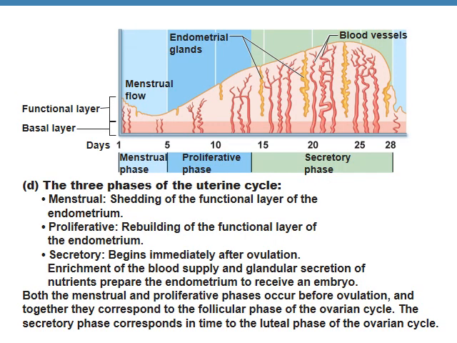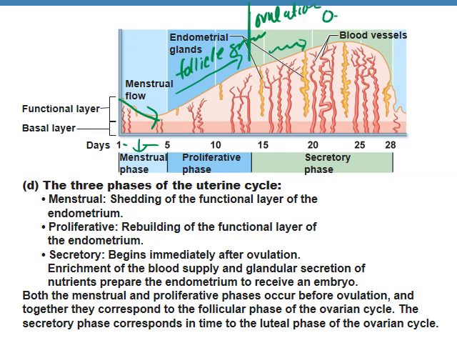And here's our wonderful picture from the textbook, right? So this is when your endometrial tissue is shedding off. This is when you would have menstruation. This is when the follicle is growing. This is ovulation. And then it takes a couple of days for the egg